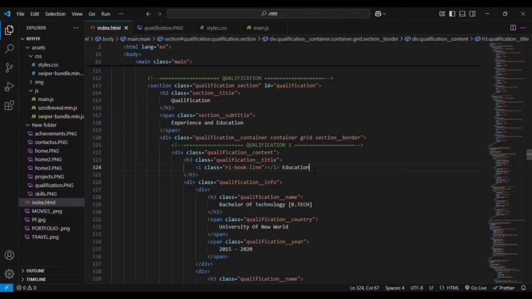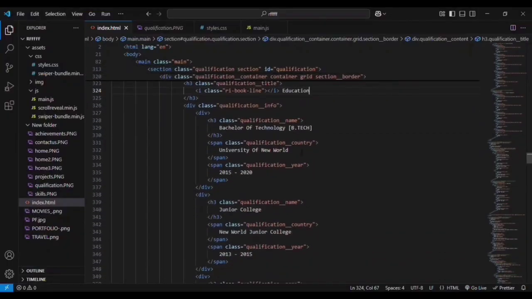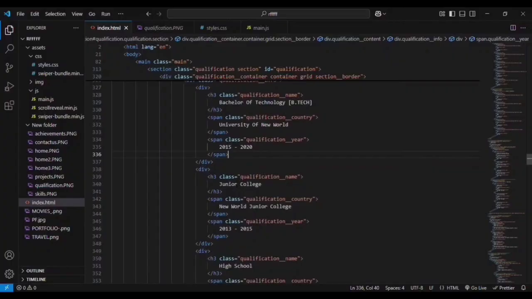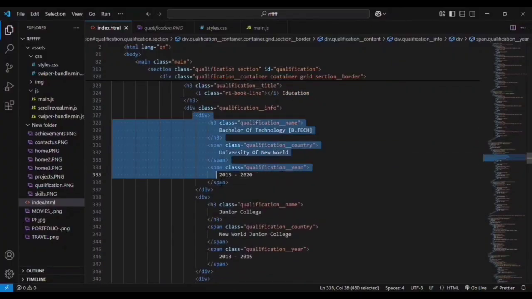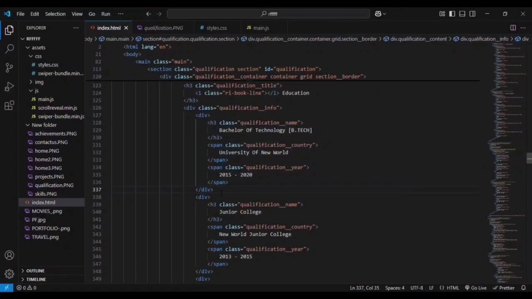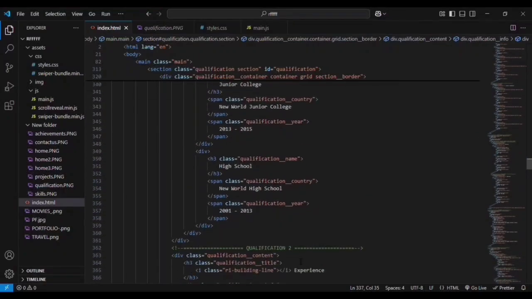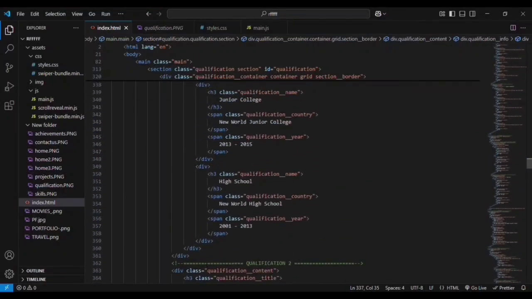And then we have another div element, that is qualification info. Inside that we have a div with an H3 element for adding the degree, Bachelor of Technology, BTech. This is the qualification name. Then we have the span elements. One is for the qualification country, and one is for the qualification year. Then the same div element is copied again. You can see this div is copied again 2 more times, and this entire